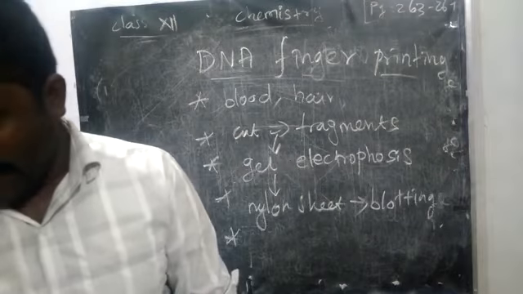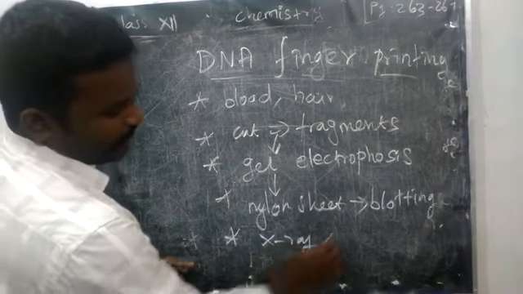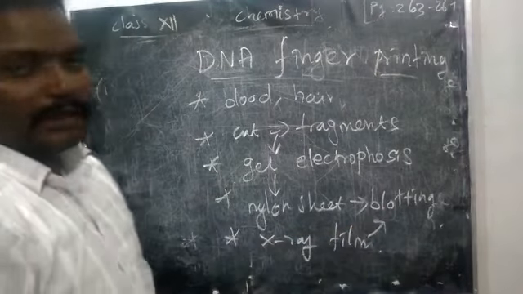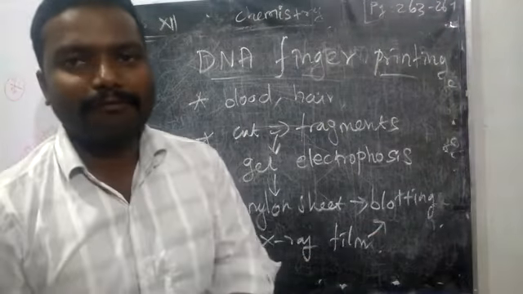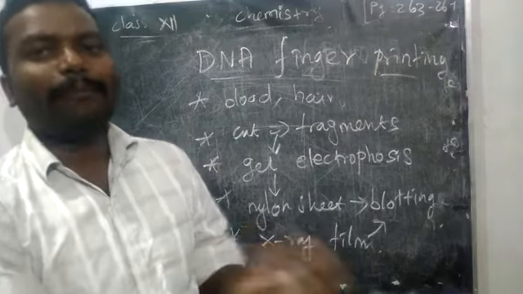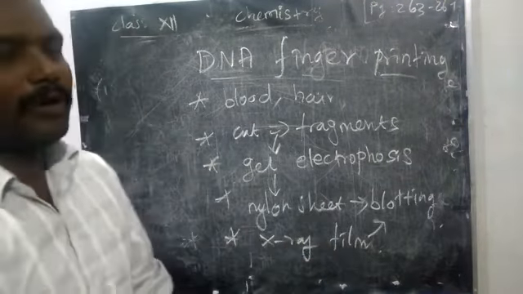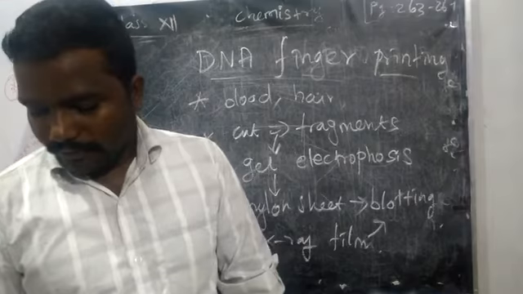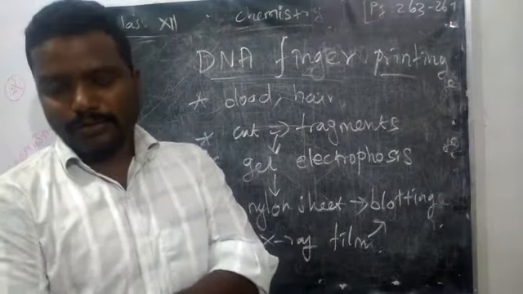In the pattern, we can compare by using X-ray film. We have to use the X-ray film. After the blotting method, the remaining material is mixed with the X-ray film. That X-ray film will bring out the pattern of DNA, which will be compared with other DNA. Anyone having a similar DNA structure, we can confirm he is the culprit. Then we can use DNA fingerprinting in many judicial actions.